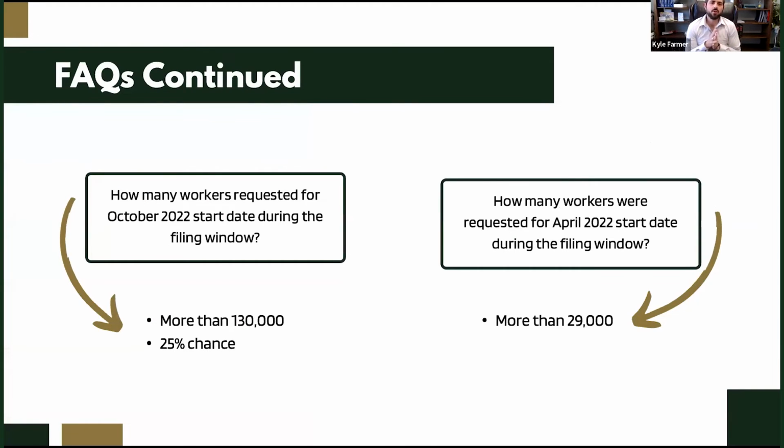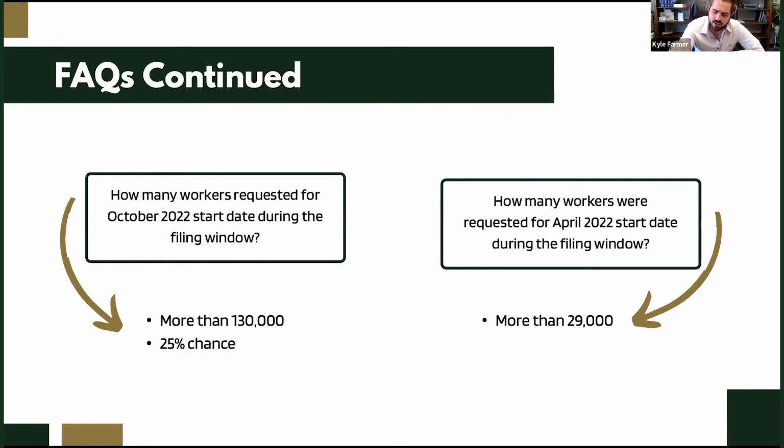Okay, how many workers requested for October 22 start date during the filing window? Oops, we actually have these backwards. How many workers requested for October 22 start date? That one was the one that was 29,000 roughly. How many workers were requested for April 2022? That one was the 130,000. Sorry about our mix up here on our slideshow. That's my fault. I was reading through this and I didn't notice that. But anyways,